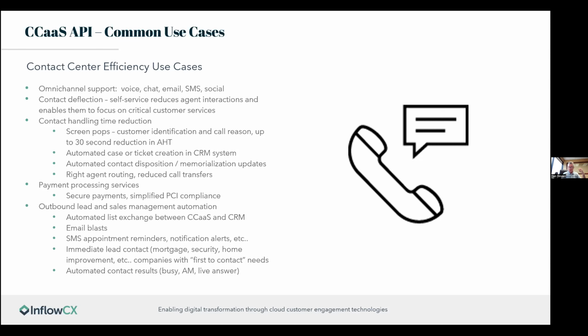Nobody likes to be transferred. And if you know more about that caller and you can get that call to the right agent the first time and not have to bounce them around, you save a ton of time. Especially, I've seen cases where the transfers are done and the originating agent has to stay on the call with them. So find out who your customer is and find out what they need and get them to the right